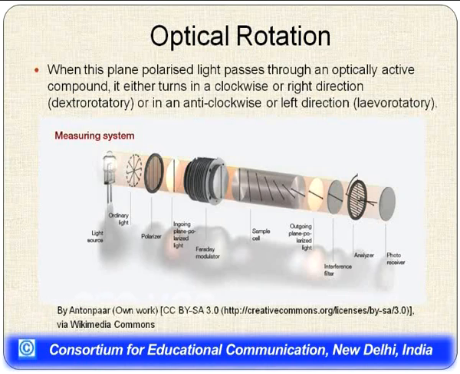The one which rotates the light in the left direction is called levorotatory, and the right one is called dextrorotatory. So, these are the two types of isomers. The compounds have the same structural formula but a different arrangement in space. We will come to that in a few moments, but we move to the next slide, giving you what is then